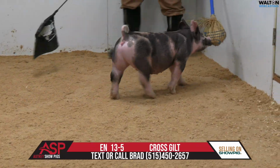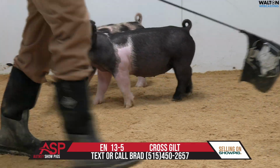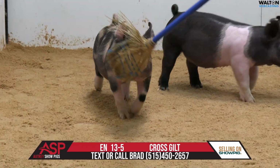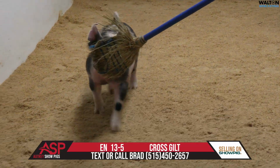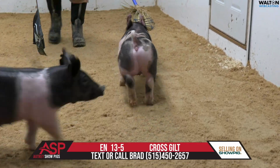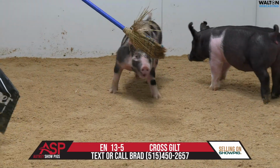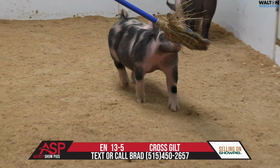I love this pig 3 weeks ago, and I talked about a blue pig earlier that was in this sale. They hit me hard 3 weeks ago that still looked good. This hog here is that same mold. And I think, and you talk to these guys about endpoints and where they see show windows on these things, I'd be excited to get this thing on the team for opening weekend jackpots. I'd be happy to drive this thing to Indianapolis this summer and play with her at Expo, because she's one